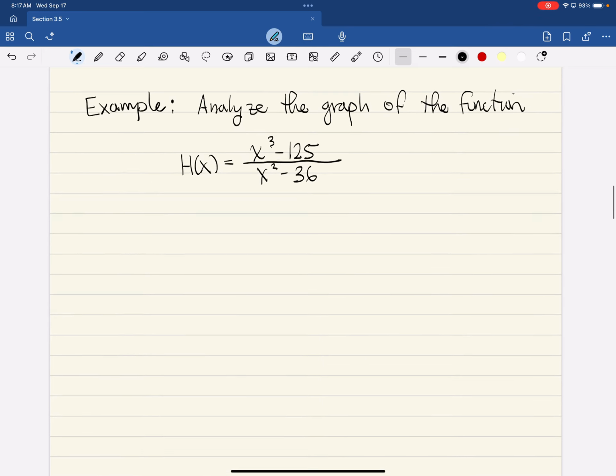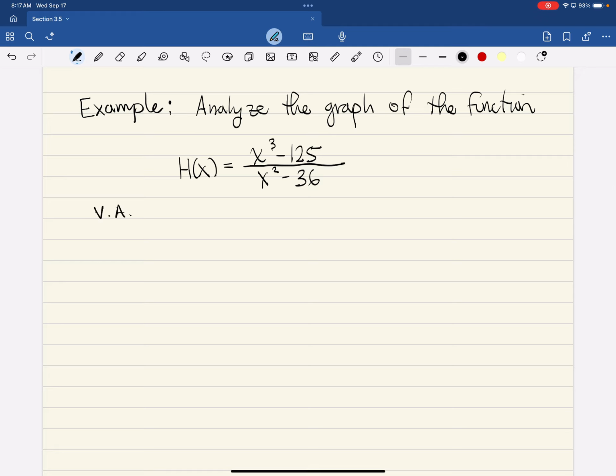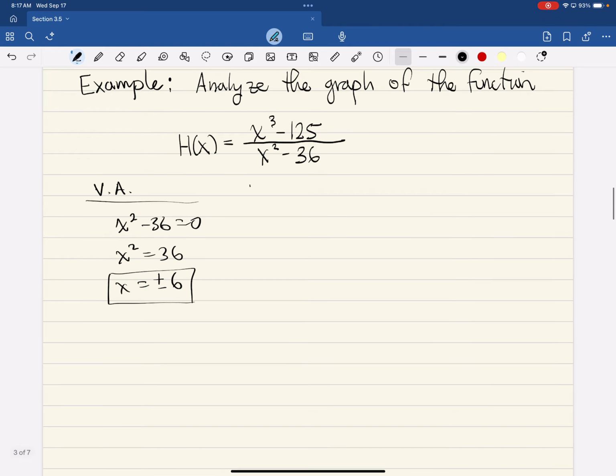So this one says analyze the graph. Looking at this, what type of asymptote will we have? Horizontal or oblique? Oblique, yeah, the power on the top is one higher than the bottom, so we know we're going to have an oblique asymptote. What about vertical asymptotes? That's 6 and -6. Okay, good. So if you say x squared minus 36 equal to 0, we'll get x equals plus or minus 6 for our vertical asymptotes. And so when it asks us for the domain,